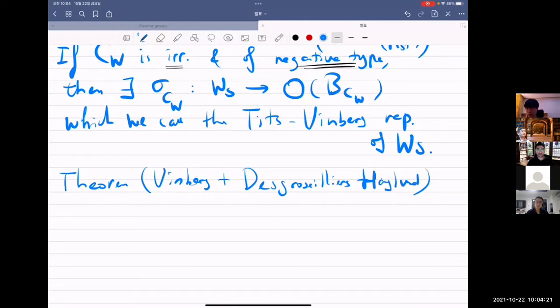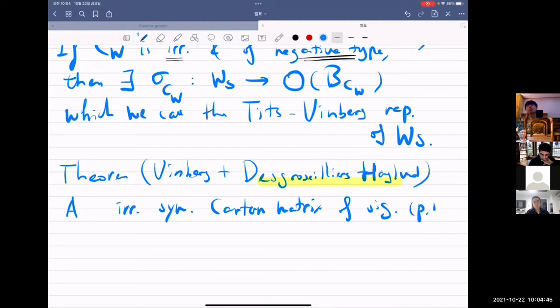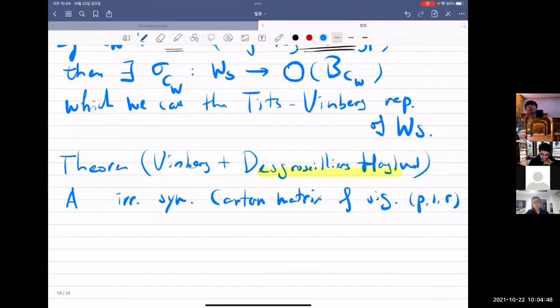At least the proof is in these papers. So what is that? So A is an irreducible, symmetric, Cartan matrix of the signature (p,1) and r,